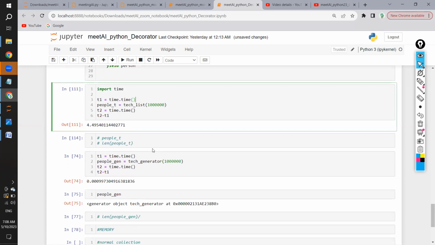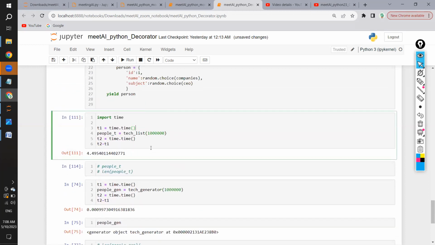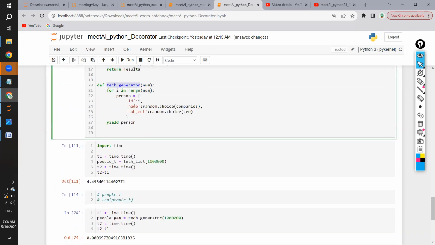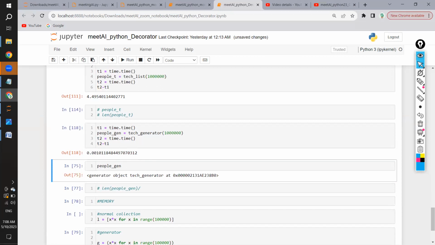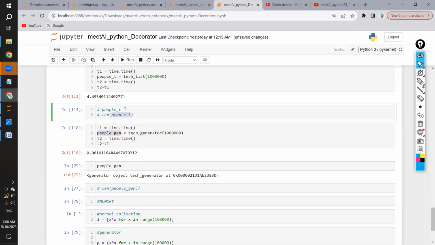Here you have the text generator, same 10 lakh values, and I'm giving time t1 and t2. If I just run this, see, it did not take time at all, 0.0 seconds, almost instantly. If I run it again, it is again taking 0.0 seconds. Just to show you, I have run it multiple times, and it takes like 0.0001 seconds, so almost no time. Now if you see what is getting created, the people list is the actual values which you have seen earlier,